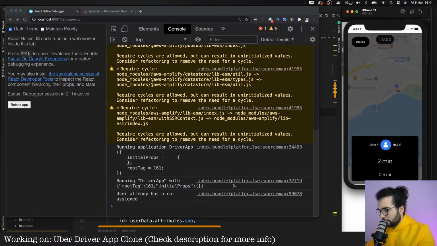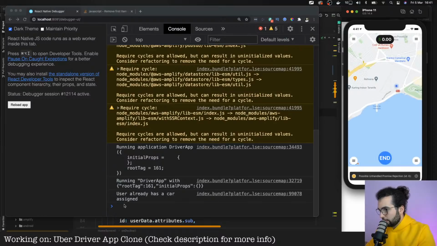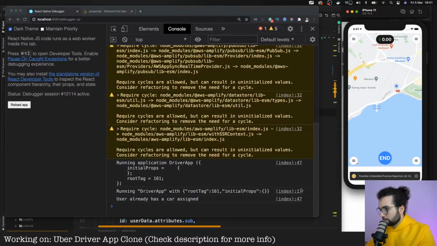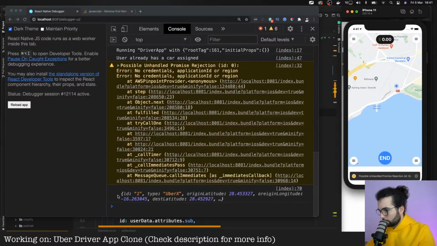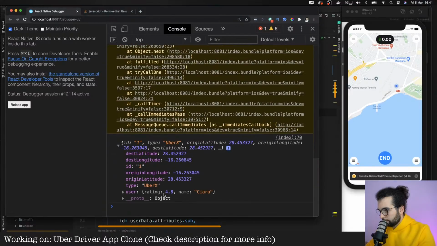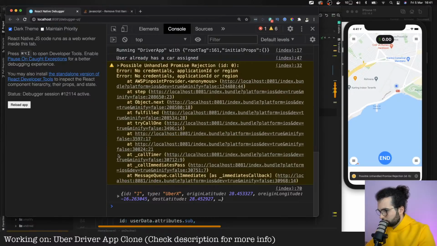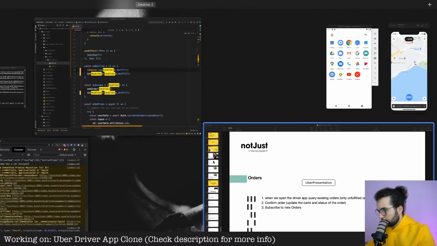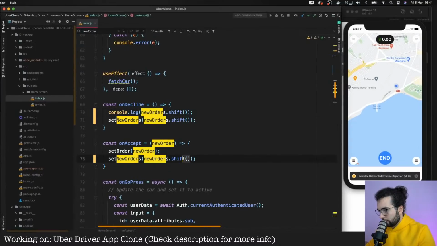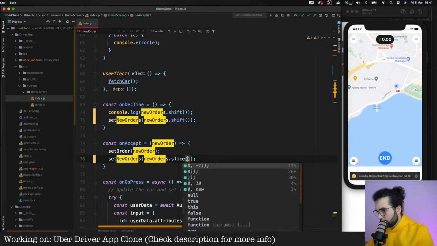Okay, here we have it. Let's decline it. That's weird. I'm going to go with new orders dot slice.